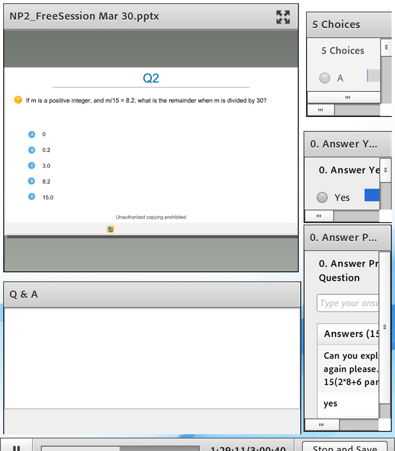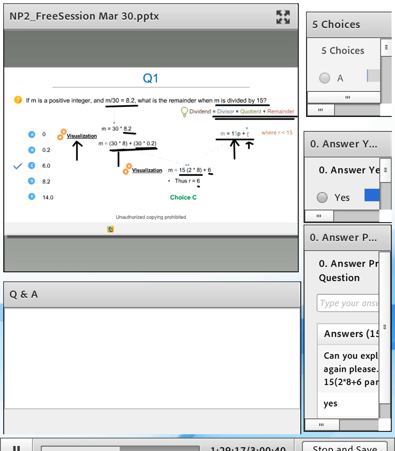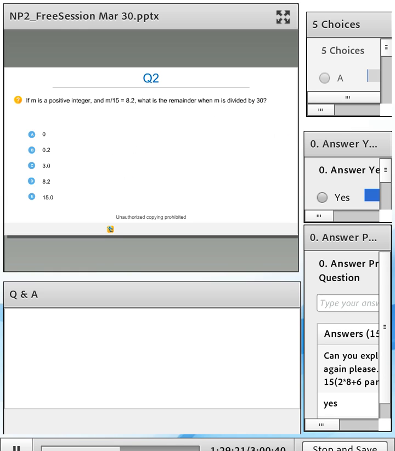Okay. All right. So now let's look at question number 2 over here. It's a similar question. It's just that here you had m divided by 30. In this next question, you have m divided by 15. And this minor tweak does something very interesting. And then another thing is, here you have m divided by 30. Okay, so we have kind of flipped the 2 numbers. So let's go ahead, solve the question. Can you please click on still solving?